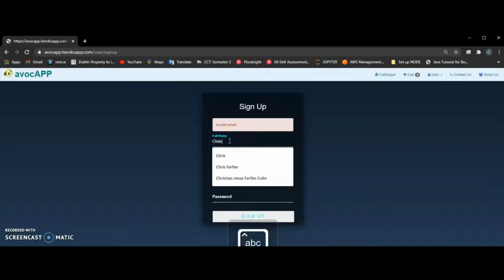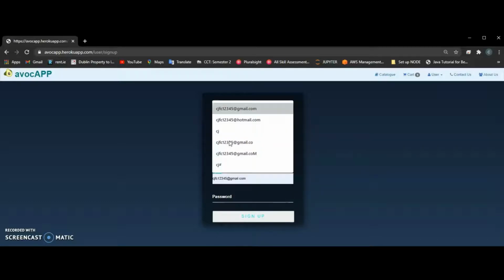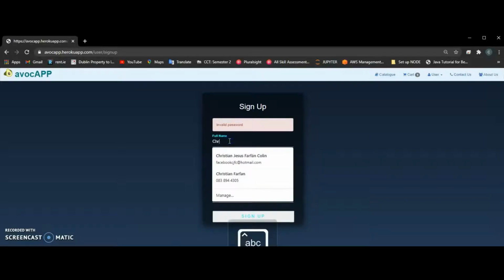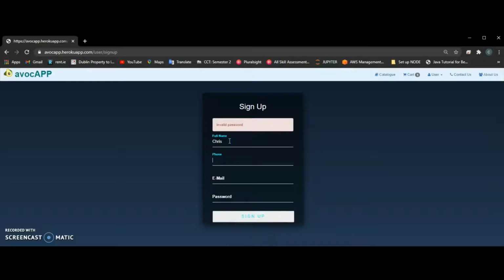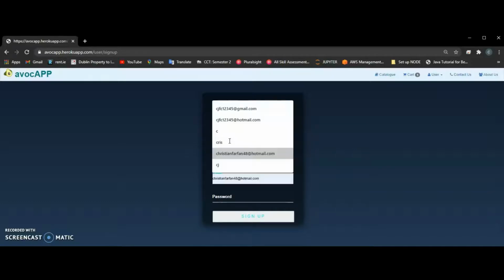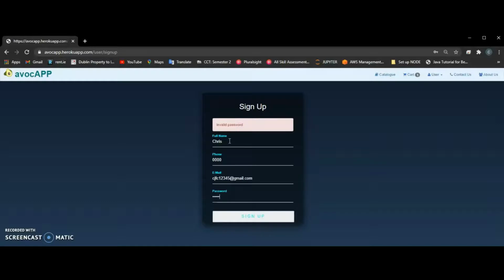We're going to introduce our details again. This time a valid email, and this time we're just going to introduce a password with just one digit. What is going to happen? It's important to say that I set my code with a minimum of 4 digits for the password. So this time I'm just going to introduce the right credentials,